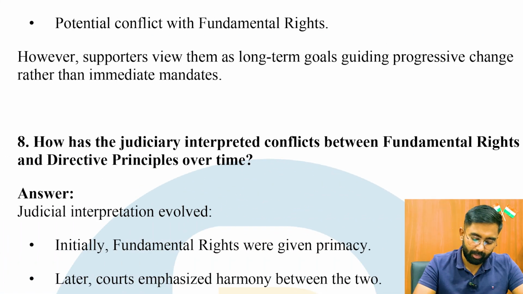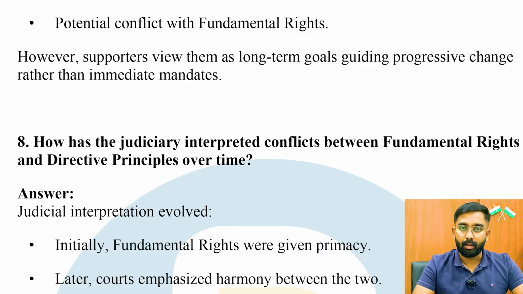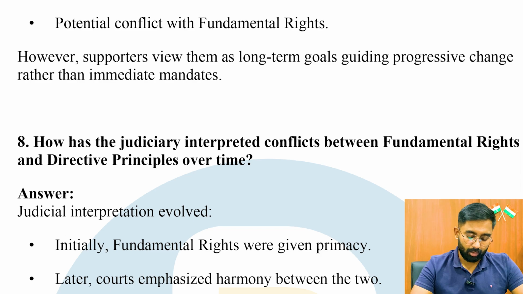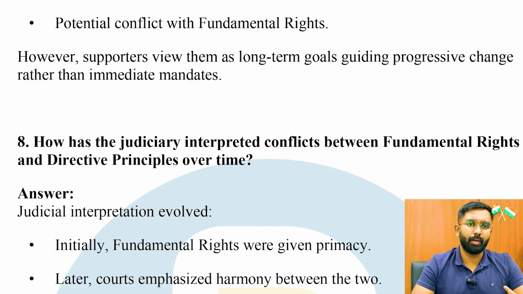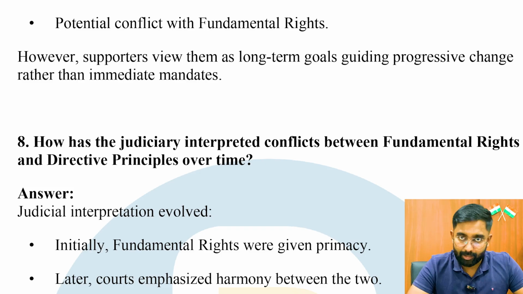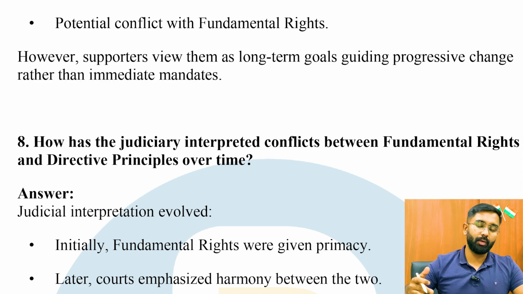Potential conflict with fundamental rights. This we have seen time and again, and there is a separate section in the Laxmikanth book which you will definitely have to study, on the conflict with fundamental rights, as to what is superior: is it the fundamental rights or the DPSP? We have different cases: the Champakam Dorairajan case 1951, and then the Golaknath case 1967. Then comes the Kesavananda Bharati case, and after that, the 42nd Constitutional Amendment Act 1976, and then the famous Minerva Mills case 1980. So this entire chain of evolution is also very important.